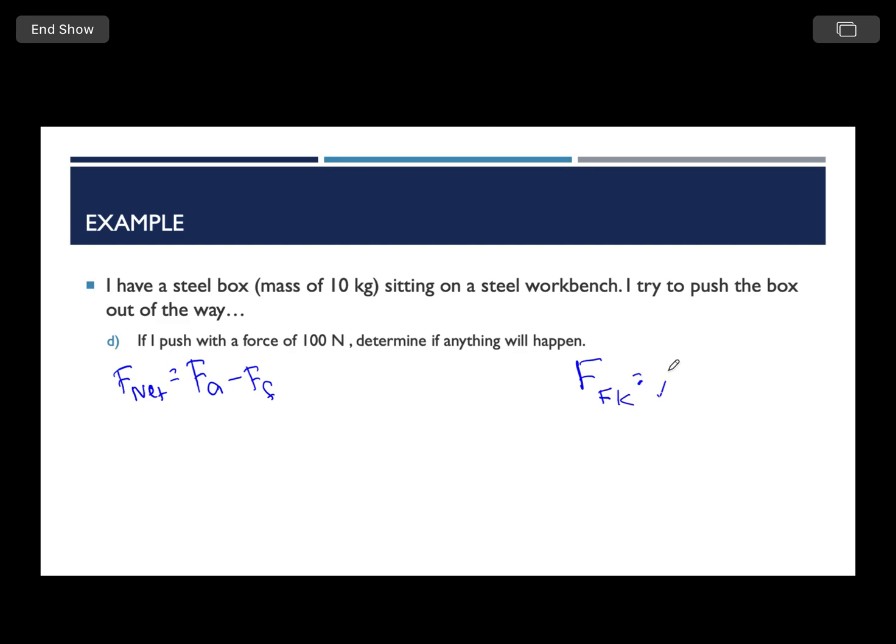Okay, so that's mu kinetic times my normal force, my mu kinetic is 0.57, and so I multiply that by my normal force from before, and I should get